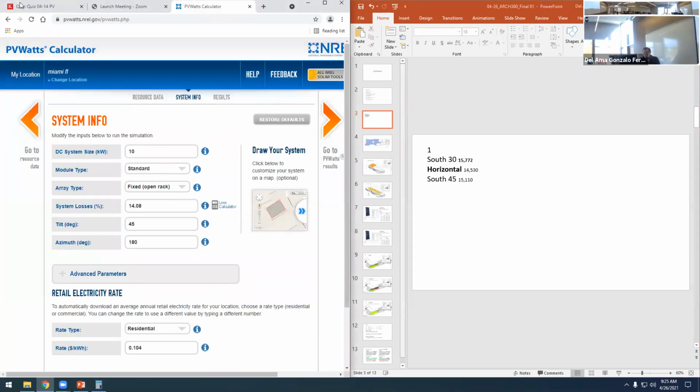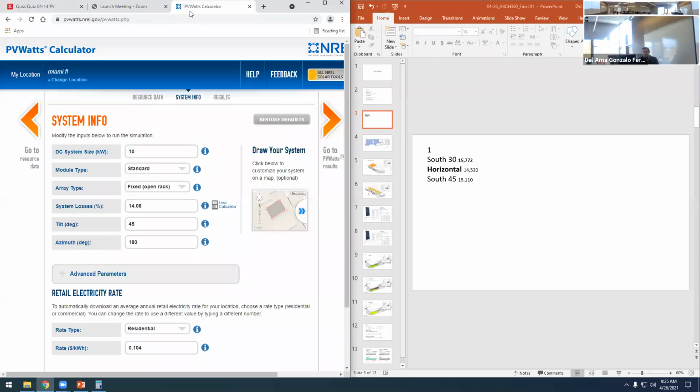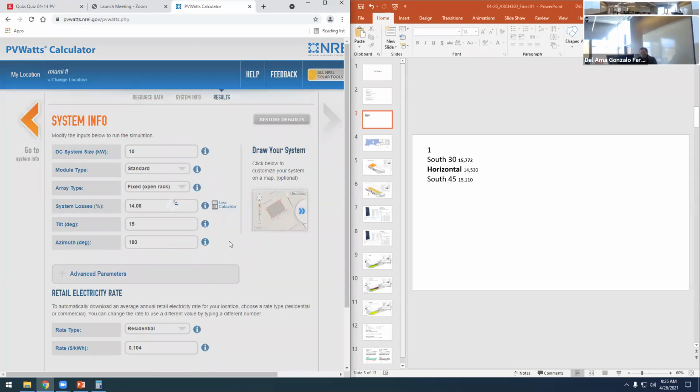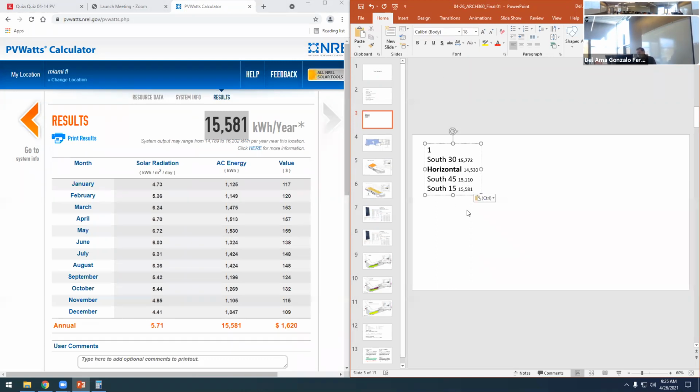But what about the next one? Is 15 better than 30 in Miami? I'm not sure about the latitude of Miami, but let's find out. So this is 15 now. And okay. So this is south and 15. So apparently the best one is the 30